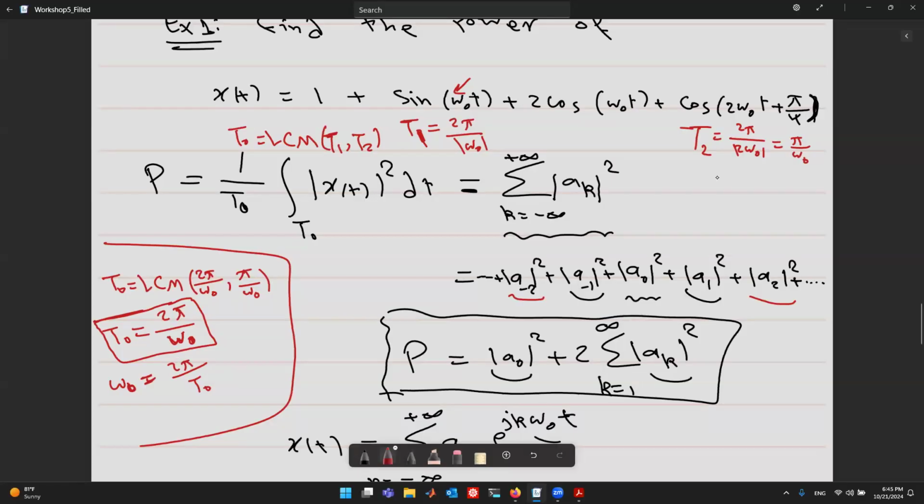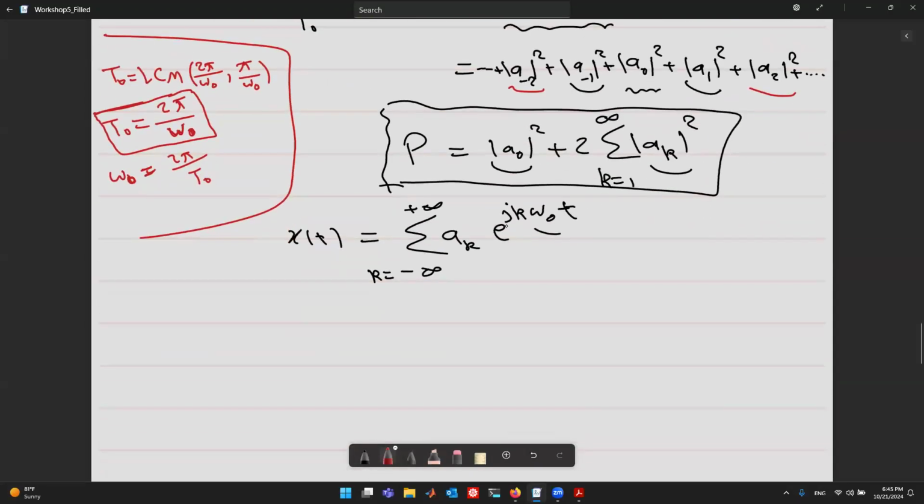And you have this slower frequency, and then you have doubled that added to the signal. The whole signal has a frequency of omega naught. So